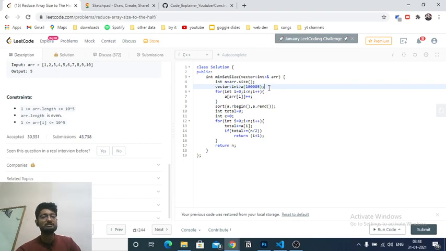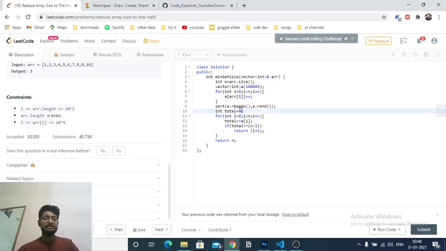Just store all the values and find the frequency map. Then rbegin means the increasing order, so it's actually, we have sorted such that the first element is the biggest, in decreasing order. This is the total, and this is the count of the elements. This is actually not required. So what you have to do here is just iterate from left to right and keep adding the frequency value to the total. Whenever my total becomes greater than or equal to n by 2, then that's the answer. So how many elements have I taken? This is 0-indexed, so i plus 1. And that's the answer.